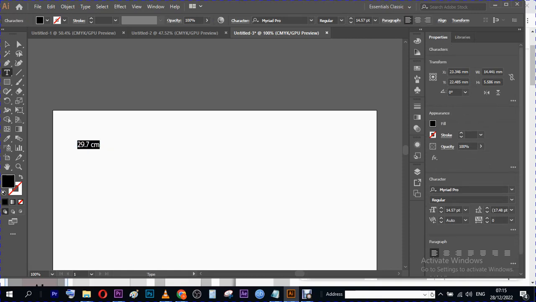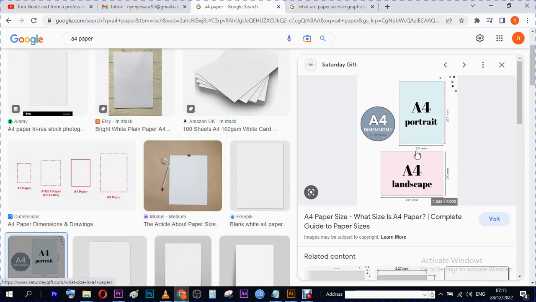So there are different paper sizes that you need to know. Most of you may know of an A4. If you know photocopying papers, most of the papers that are common are A4 papers. Let me show you something. A4 papers are commonly used for printing exams. I think all of you have had some exams that you have been sitting for. So it is most of the time used to print on exams, basic posters, menu cards,